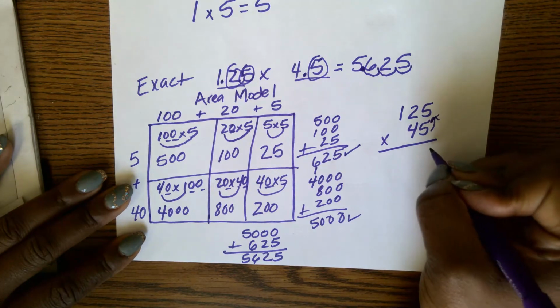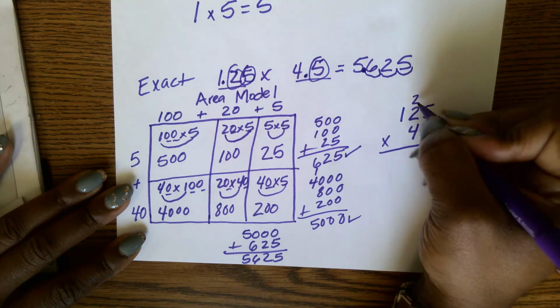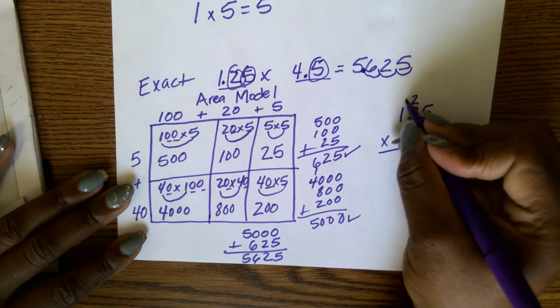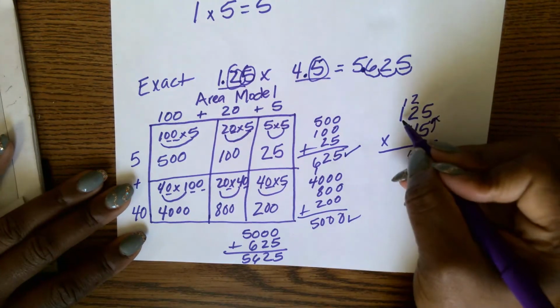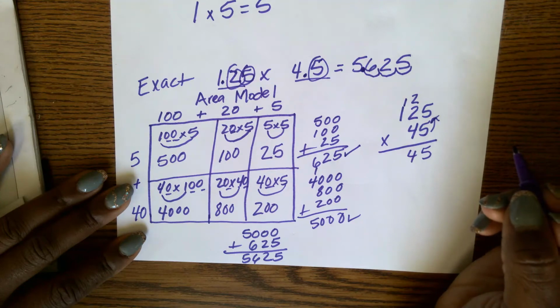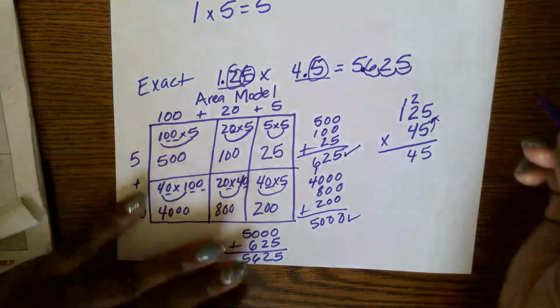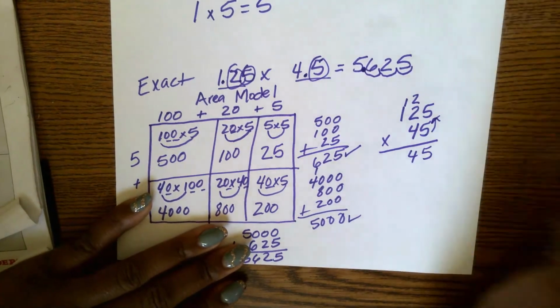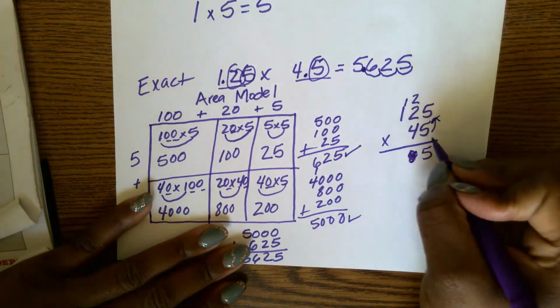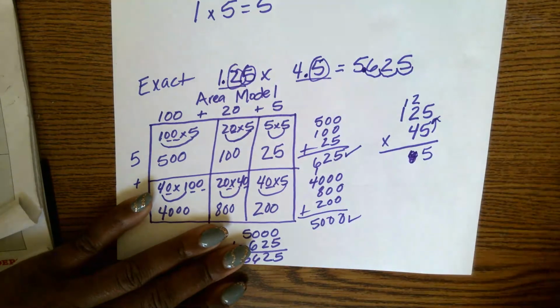So 5 times 5 is 25, write the 5, carry the 2. 5 times 2 is 10, plus 2 is 12, write the 2, carry the 1. And then 5 times 1 is 5, plus 1. I don't even know what that should be. I mean, it's 12. Why am I doing this? Anyway,